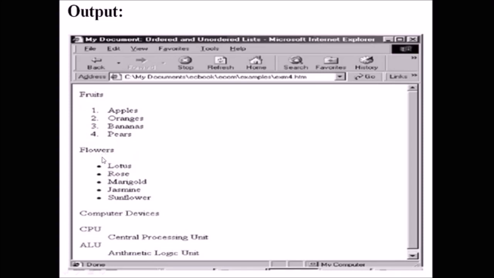It is an unordered list, so the listing items do not have numbers. Instead of that, it has just dots. And the third one is computer devices, that is a definition list. First the title is given and then the description is given, and the next title and its description. So this is the output of the respective HTML document using the list tags.